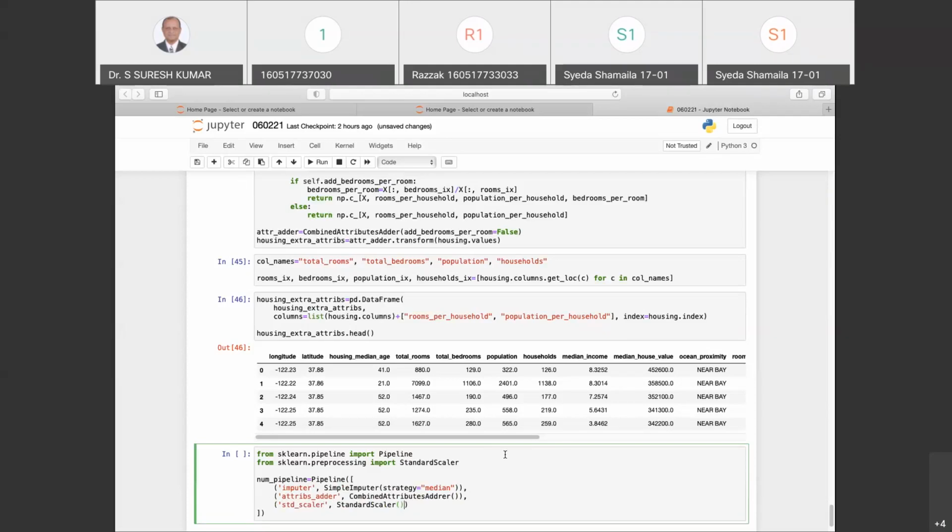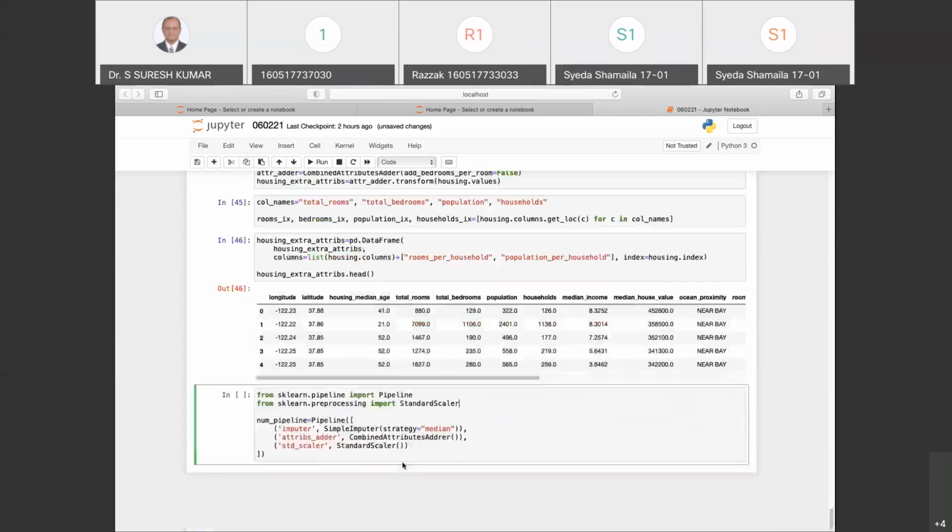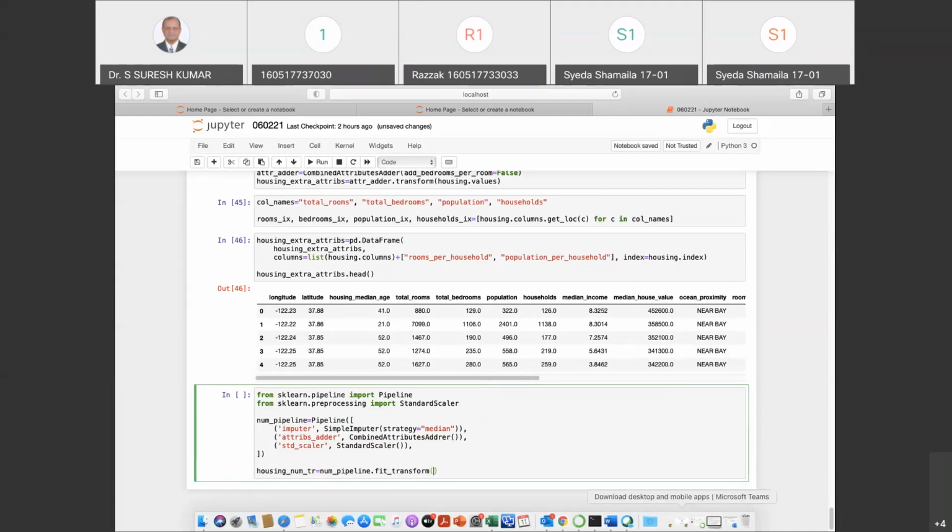After my brackets, I give a comma. Now I need to find my housing numerical attributes. So I say housing_num_tr, which is nothing but num_pipeline.fit_transform of housing_num.